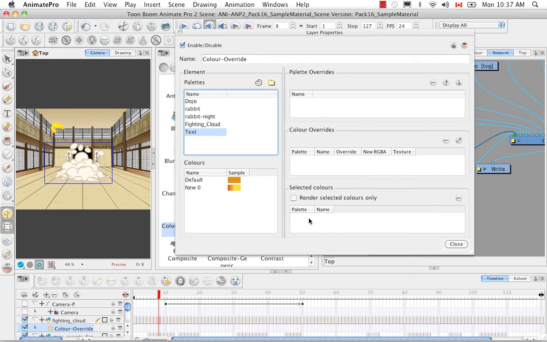The next thing we took a look at were the options on the right-hand side, which is the palette override being the first, and we looked at the clone palette of the rabbit palette. So the rabbit palette is the original palette. In one of the previous tutorials, we made a clone of it, giving it night shades associated with all the pre-existing colors. And we know that if we render the scene, the project will always consider the rabbit palette to be the palette that should be rendered. However, if we then take the cloned palette, the night palette, and put it in the palette override field,